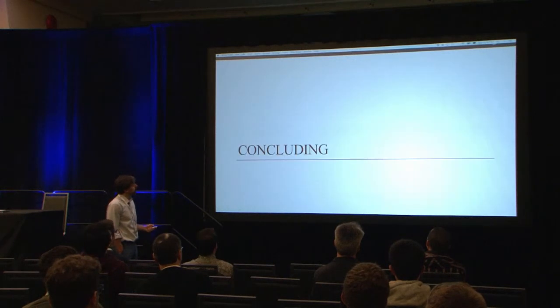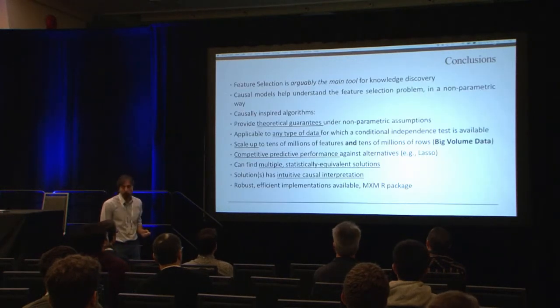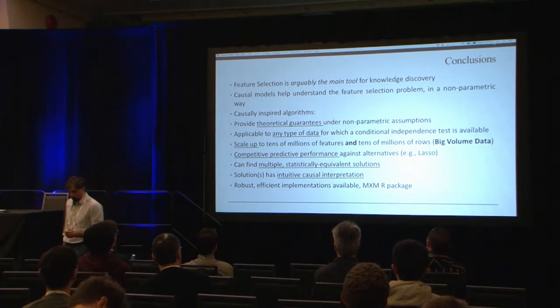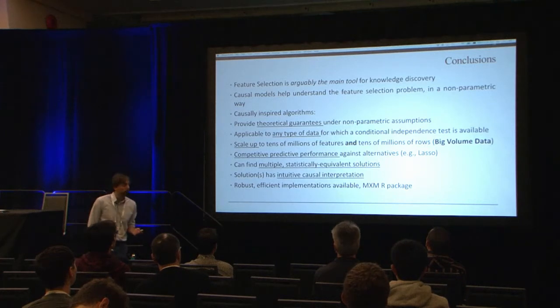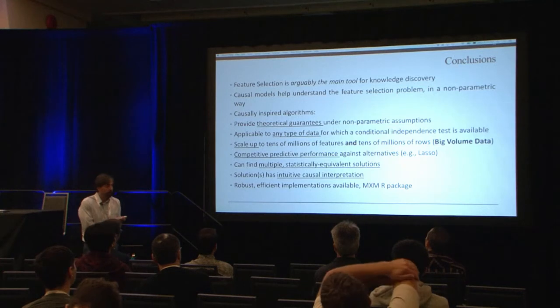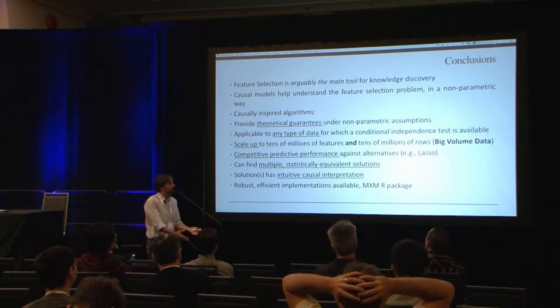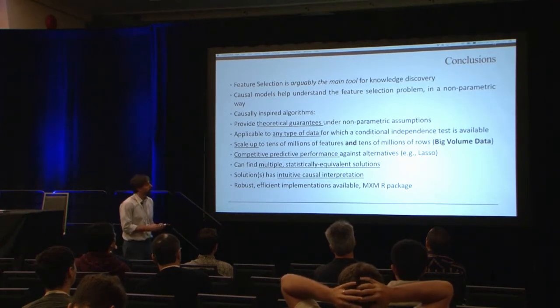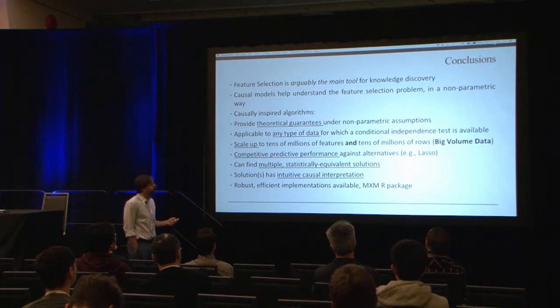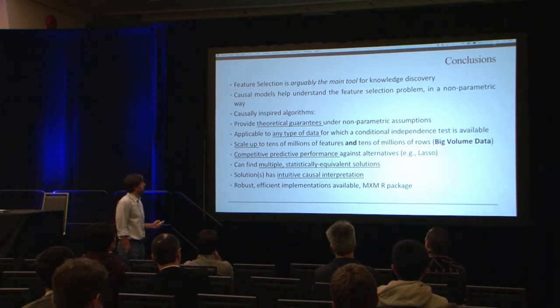Okay, I'll skip that. And in conclusion, I hope I argued why feature selection is a main tool for knowledge discovery, and that it's really connected to causality. And causal models really help us understand the problem, define the problem in a correct way, know what to expect, and in a non-parametric way. The assumption was faithfulness, which is not a parametric assumption, like linearity,